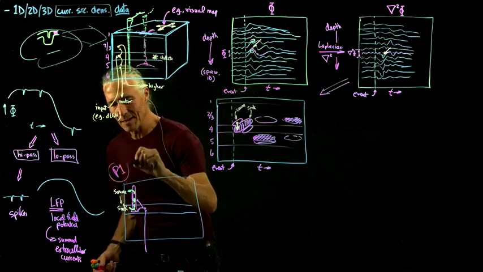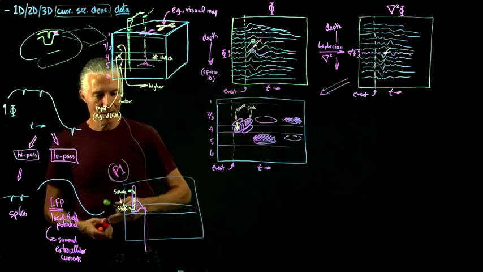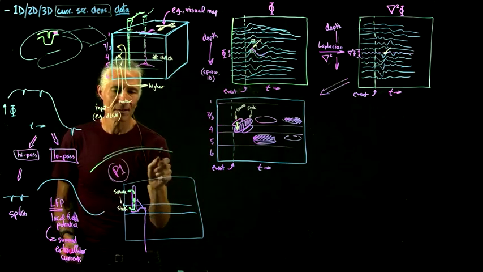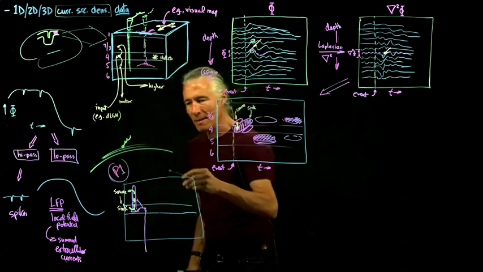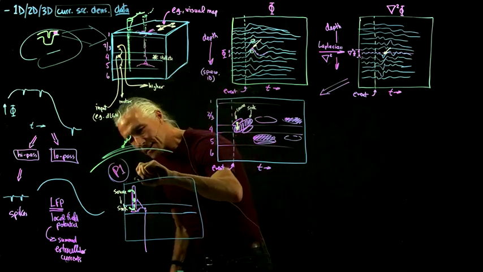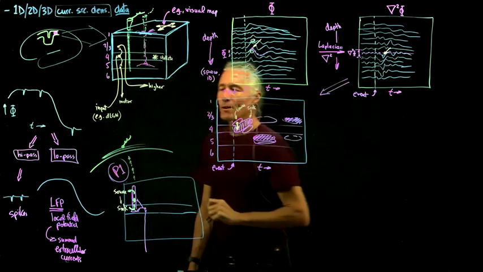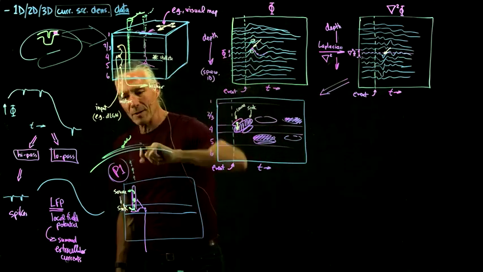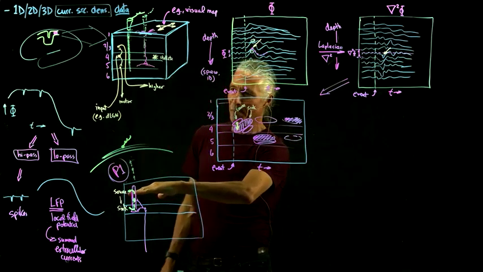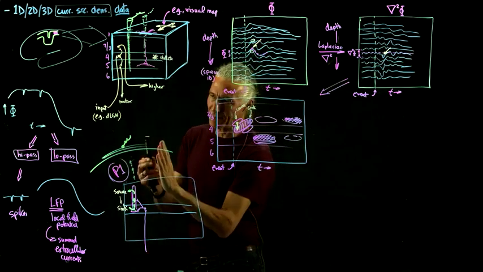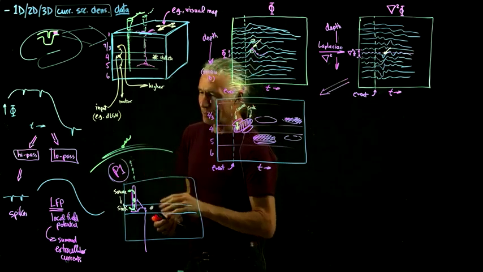And why is it positive? Well, here's the skull over the top, and there's an electrode recording it. You're just going to see some little positive current appearing at that electrode, assuming that the cortex was actually parallel to the skull. Of course, it isn't all the time. A lot of times the cortex is perpendicular to the skull, in which case it's going to cause something else. But on average,